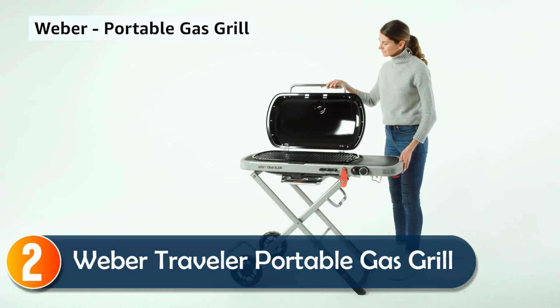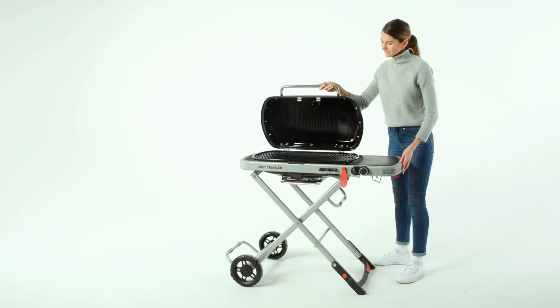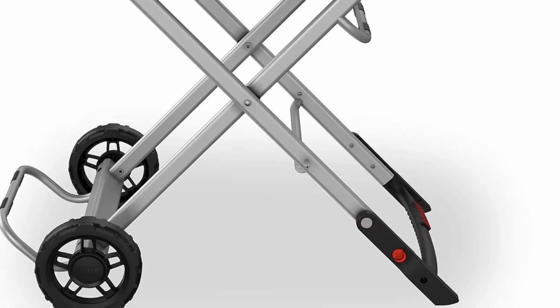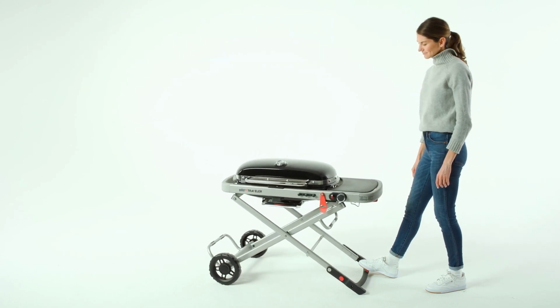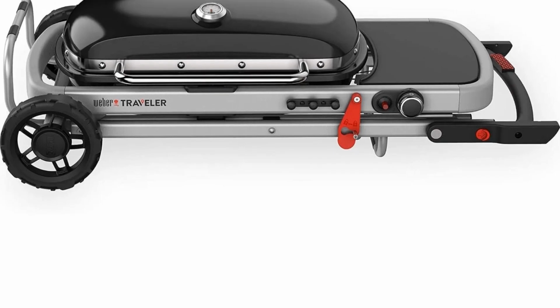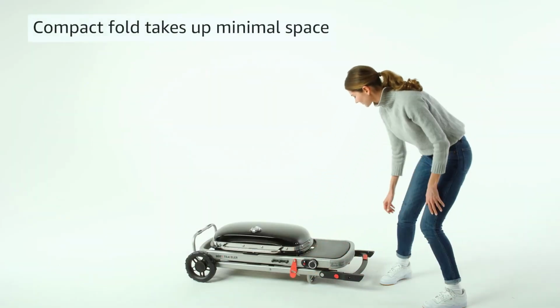At number 2, Weber Traveler Portable Gas Grill. The Weber Traveler Portable Gas Grill is ideal for grillers on the go. With a large cooking space that fits up to 15 burgers or 20 sausages, it ensures everyone gets to eat at the same time. Its compact design folds down effortlessly for easy transport and storage, making it perfect for tailgating,